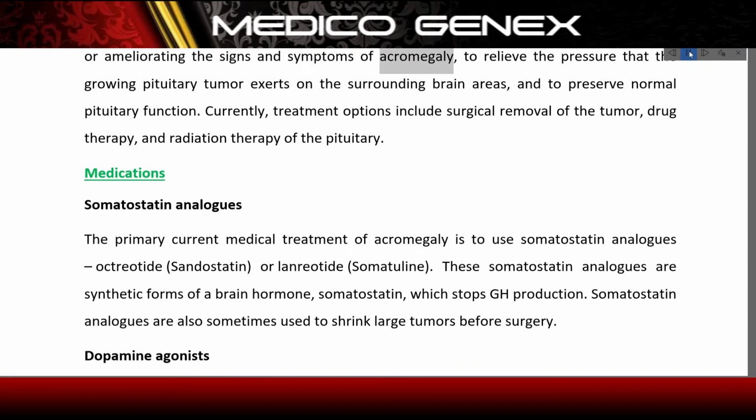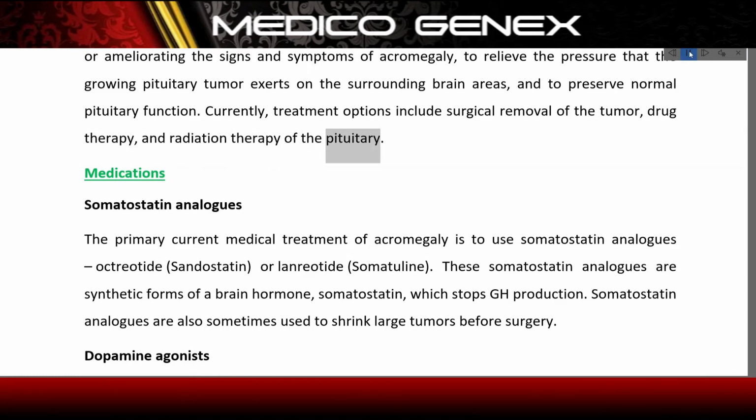symptoms of acromegaly, to relieve the pressure that the growing pituitary tumor exerts on the surrounding brain areas, and to preserve normal pituitary function. Currently, treatment options include surgical removal of the tumor, drug therapy, and radiation therapy of the